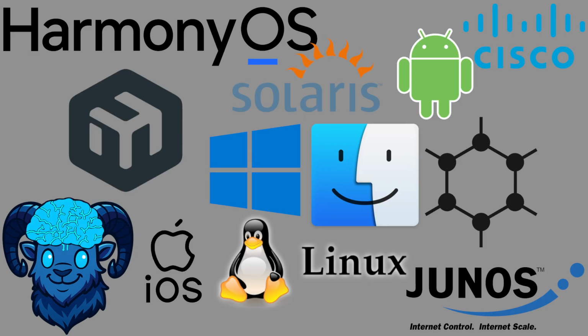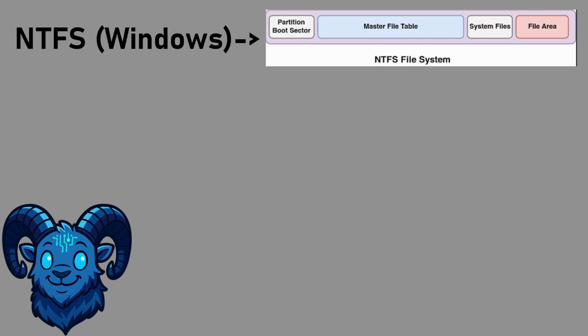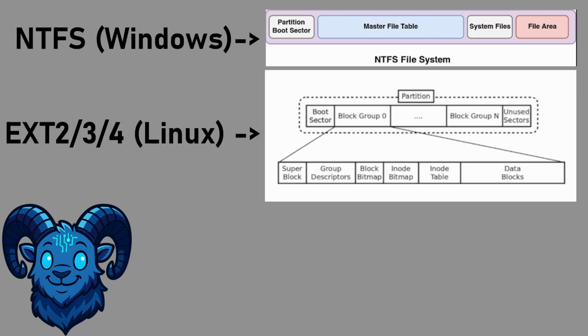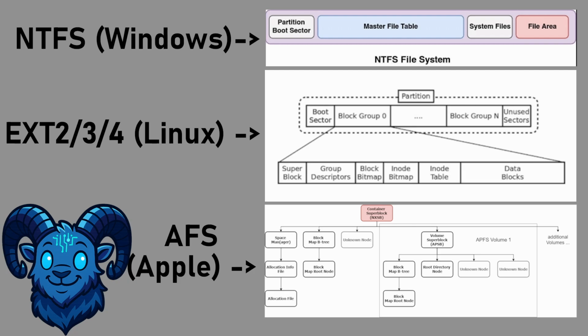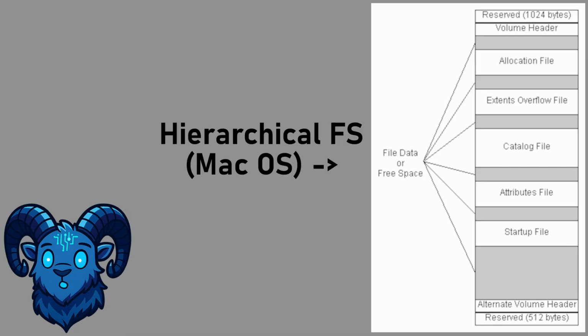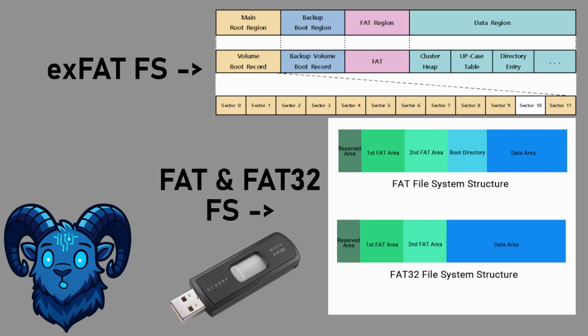And while you might run across all different types of devices and operating systems in the world, the most common file systems that you're going to find on those devices are going to be NTFS, the New Technology File System found on modern day Windows devices; ext4, which is going to be the most common on Linux systems; APFS, or Apple File System, and HFS, used on macOS devices; and then mobile or removable media, like USB drives, are going to use the FAT32 or the exFAT file system